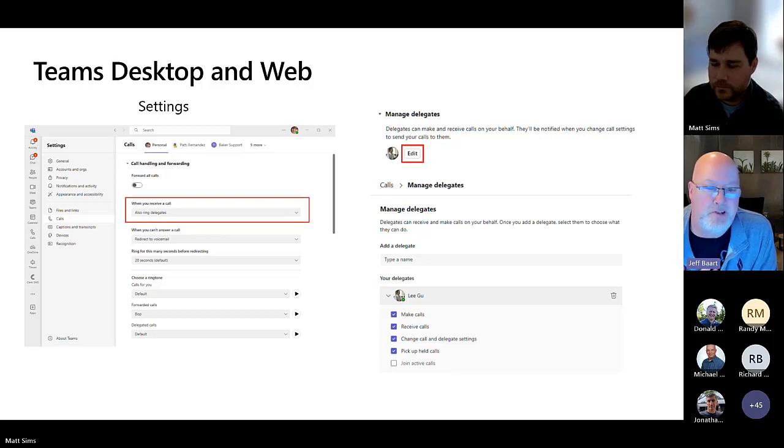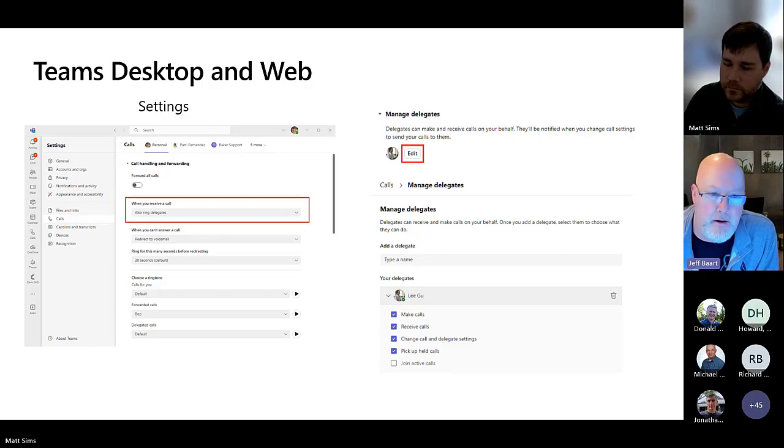This is where the person who wants someone on their behalf to be able to interact with the phone services, to either make those calls or receive those calls, they have the ability to check the control that they're going to allow their delegate to have on their behalf, right? So if they have make calls, we'll show you in a second what the user experience is when you're a delegate and you want to make a call on somebody's behalf, and what the experience is when you want to receive calls. But it's also important to note, because this is a little bit of a recent feature update, we added a few more settings in this control set